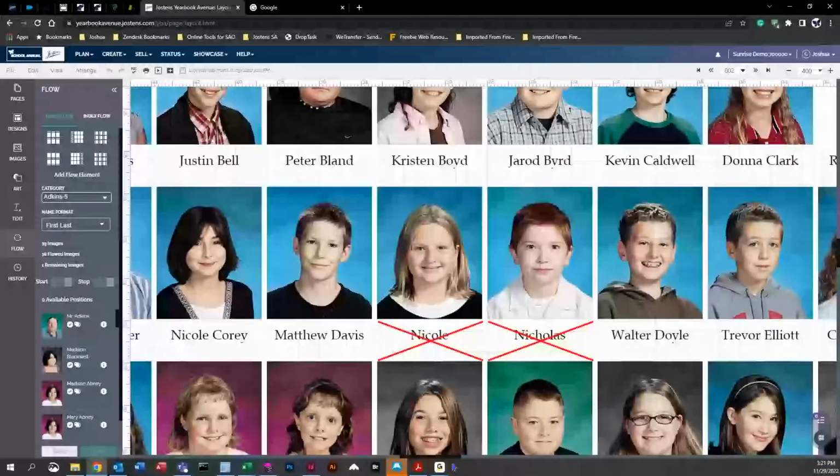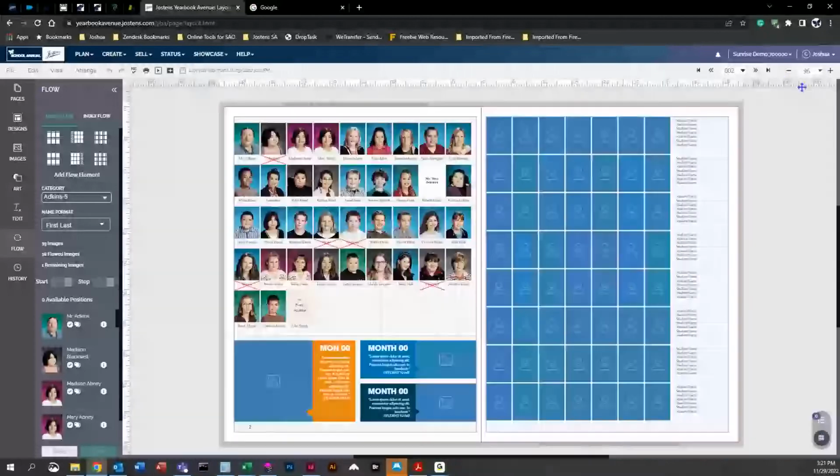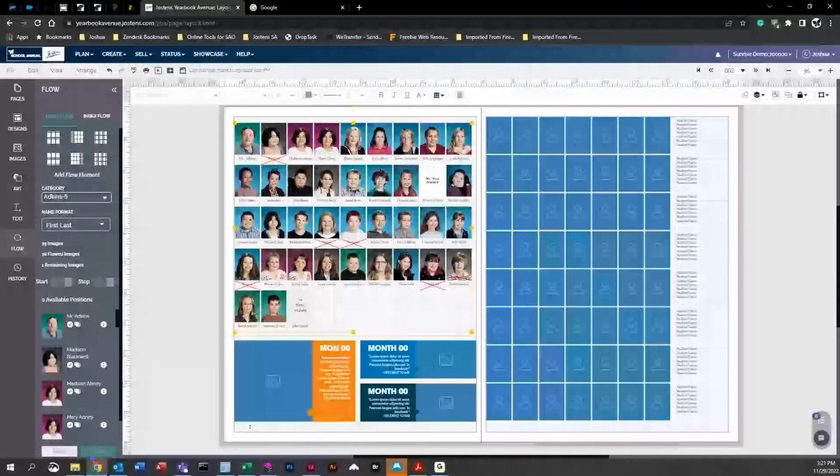Now here you're going to see 2 red X's, and you're probably asking, well, how do I take care of this? Or what is this? The red X right here just simply means that the names or the text is larger than the box that's available. So what we're going to do to fix this, all we have to do is click on this, hit reset,